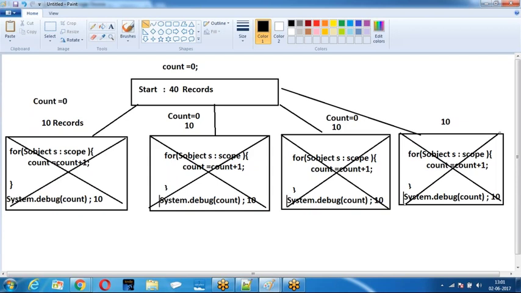So the changes you are making on the variables are not transferring to the other. If you make any change, that is only for you. If you come out of the execute and go to another execute, what is the value of count? Again 0. Are you getting my point? Changes made on one execute will not be transferred to another execute. Let me show this example. Concept is clear.